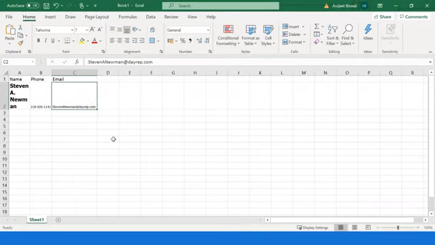For one record it is fine. What if you are asked to fetch 100 records or say 200 records? Then this method is not at all feasible. It is time consuming and inefficient. You need to find a way where you can automate this task of fetching records. UiPath is a solution for this. So let's see how we can automate this task using the UiPath Studio.